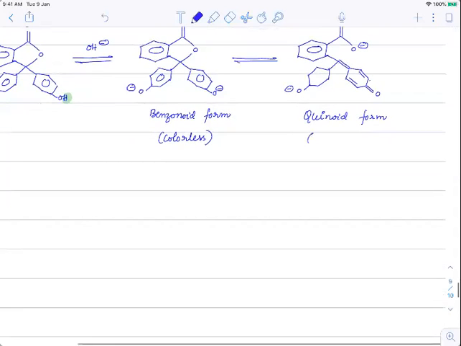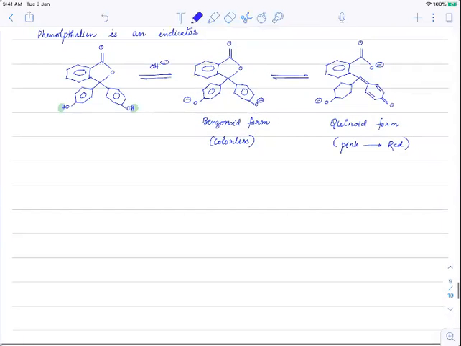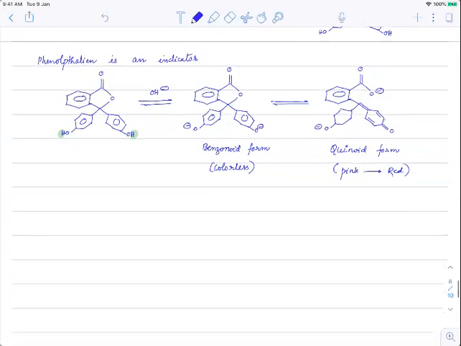Once it becomes a quinoid form, again pink color retains, and which will turn more towards red color. Correct? Pink to red convert होने लगेगा. Okay, so this is the quinoid form. Is that okay, beta? So this is how the phenolphthalein works as an indicator. This is an acid here, right? Acid is in which color? Normally it is pink color. From there on in the base, it will become benzenoid. If you keep it for long standing, it will become pink to red again, because quinoid is formed. Okay.